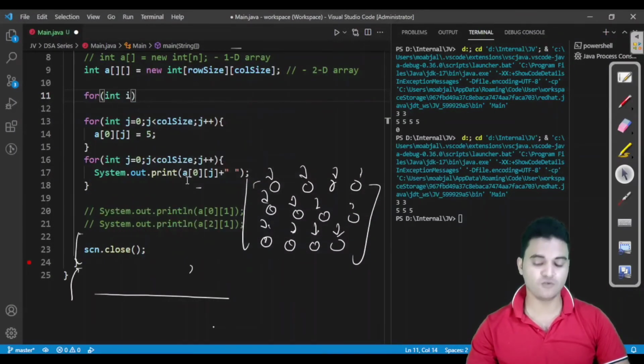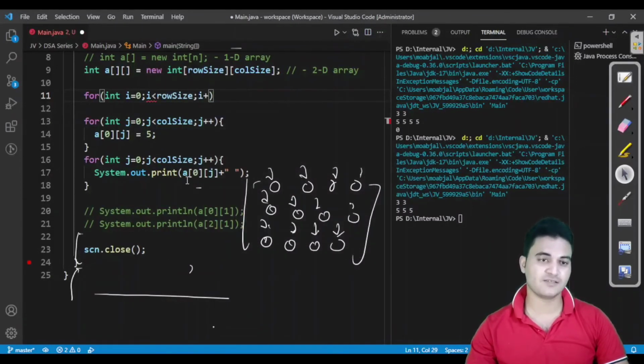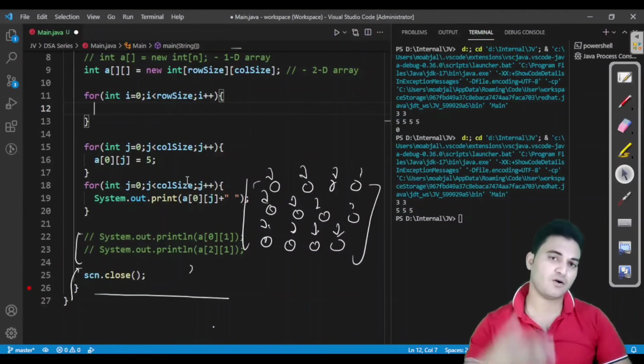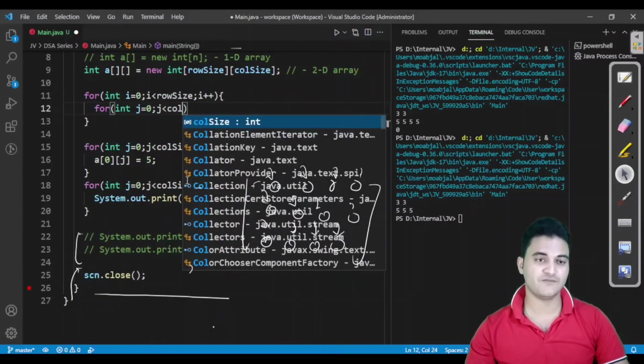I would be writing my loop from i equal to 0, and usually while accessing or printing 2D arrays, we pick up two variables, i and j. i points to the row and j points to the columns. You can name them anything, but the standard way is i and j. So I would be writing a loop for accessing the row size, which will go through all of the rows we have. And I would be writing an inner loop also. j would go for all the columns.